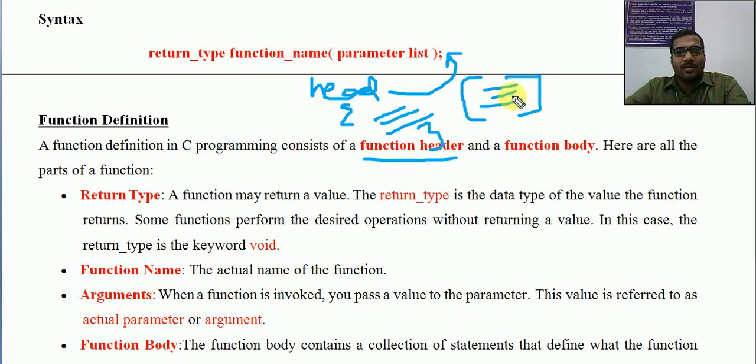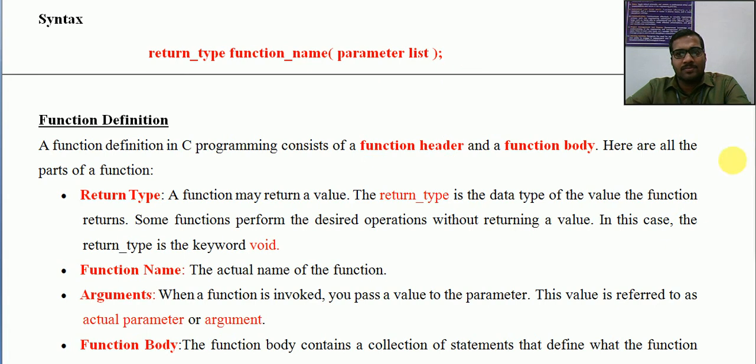Okay, now let us see the different portions of function definition. We have function header and function body. We will look at the function header format. What are the different contents of the function header?